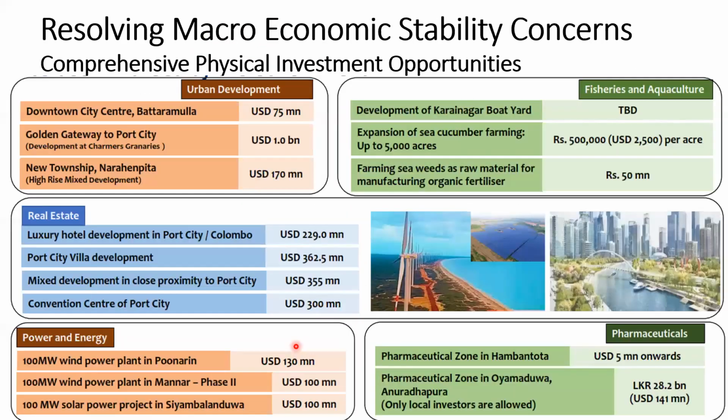Then, what do macroeconomic stability concerns mean? Okay, this slide may be somewhat old, but it is still valid. Macroeconomic means the overall economy. Now, how do we attract foreign direct investments in physical investment